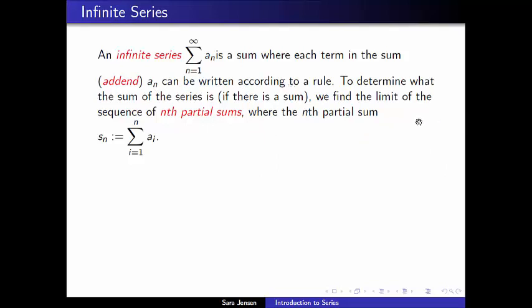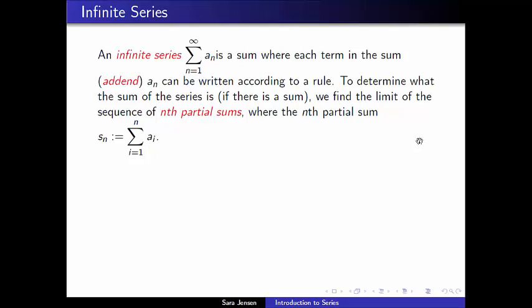Now we can't actually add to infinity, and so the way that we define this infinite sum is as a limit. And it's a limit of what are called nth partial sums, which are the things we called S sub n before. So S sub n starts at 1, stops at n,